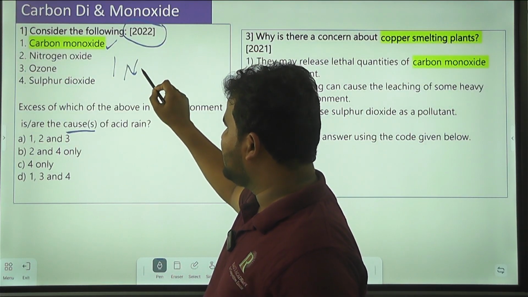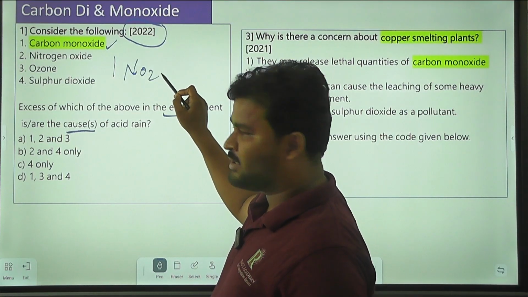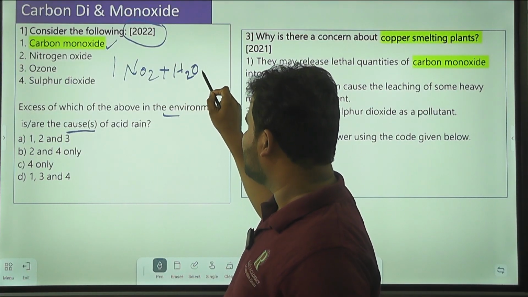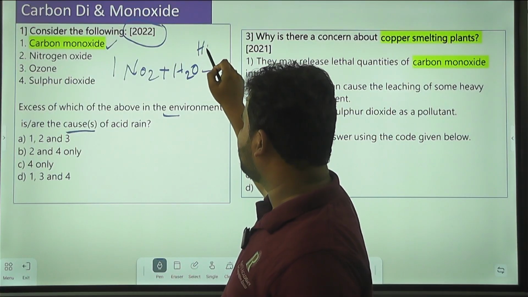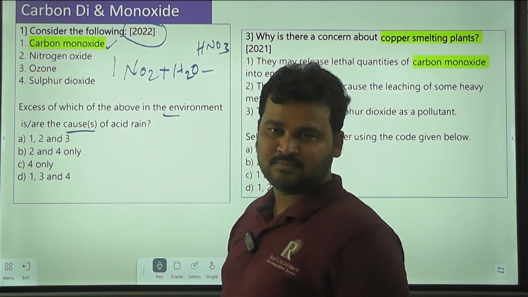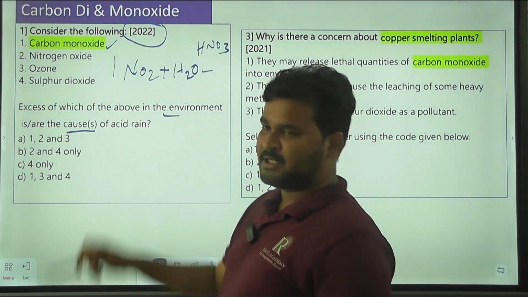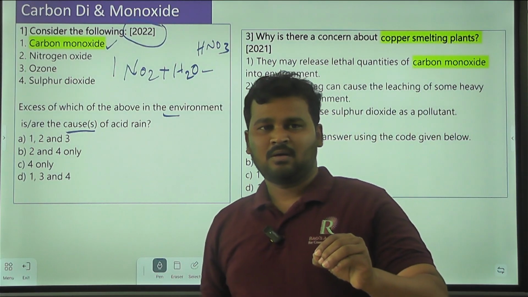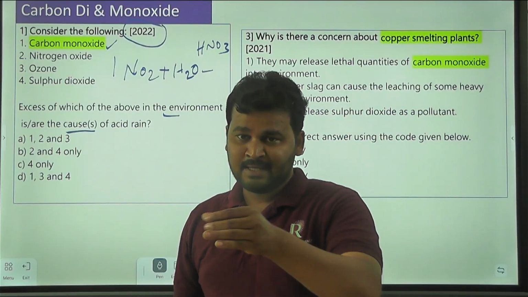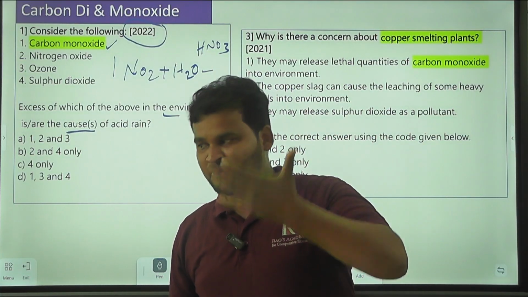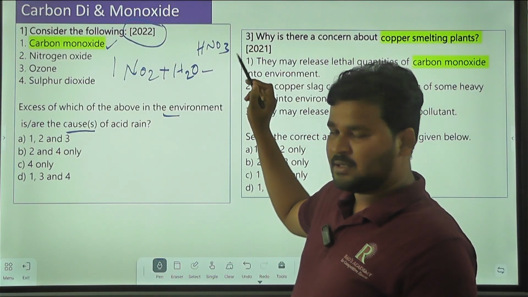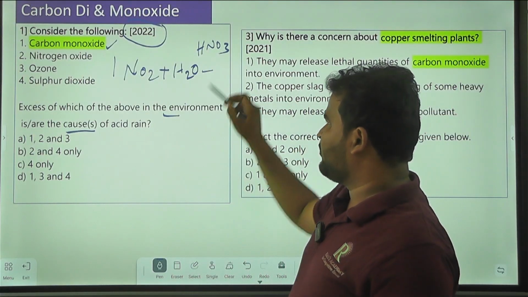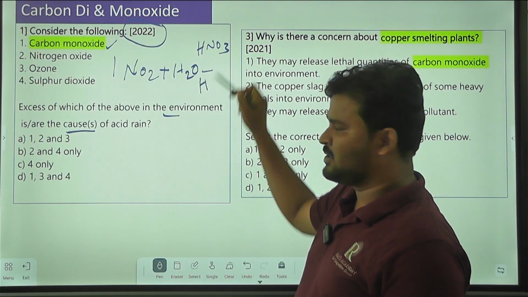Generally, what is the thing? For example, nitrogen oxide, if present in the atmosphere, it will react with the water. So finally, it will convert into nitric acid, HNO3. Whenever there is more presence of nitrogen oxide in the atmosphere, and if at that time it rains, what will happen? The rainwater will interact with NO2, nitrogen oxide,